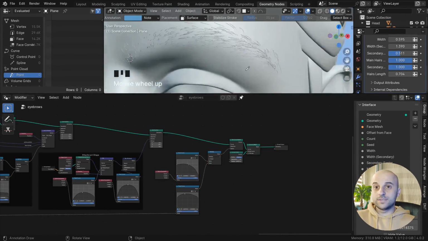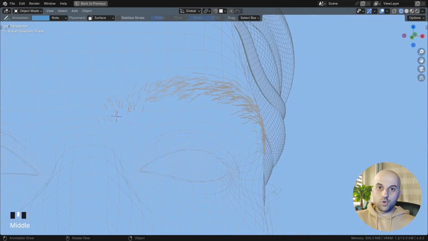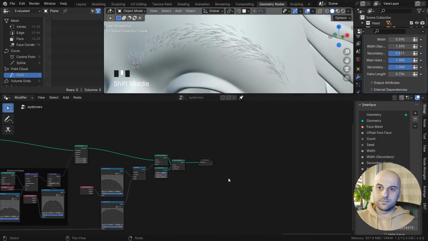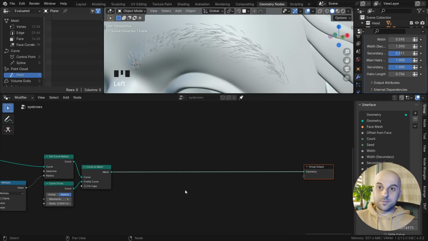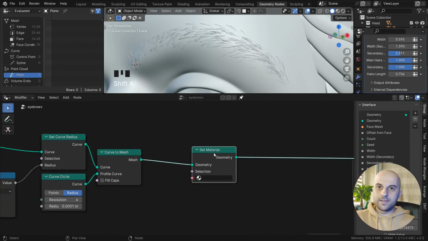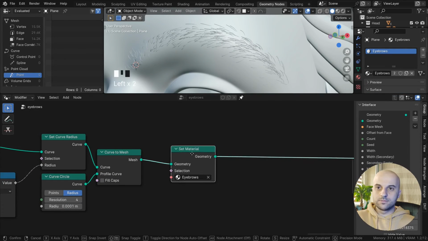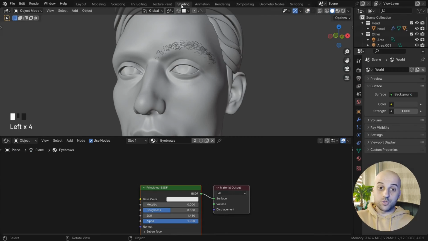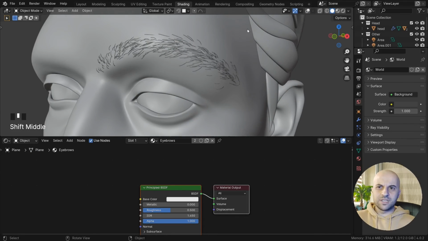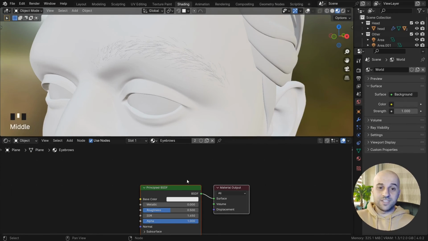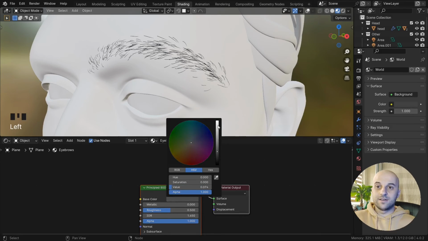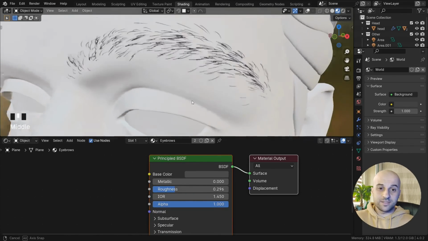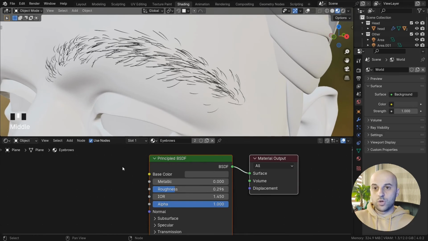And you know what? This should be enough for the geometry. Now we should set up some material. Add a set material node and pick out any material. Now I'm gonna leave the shader up to you. It's not gonna be something complicated because it's just some hairs. Pick out the color and roughness and you've done 90% of the job. What I want to show you